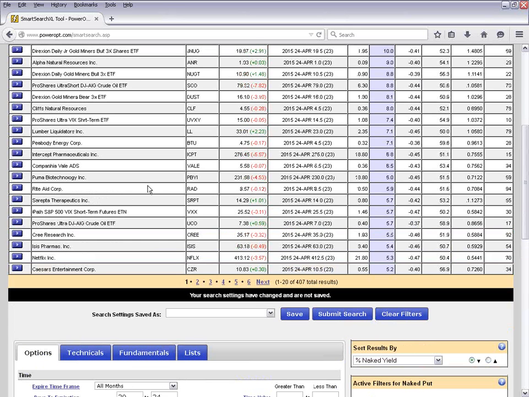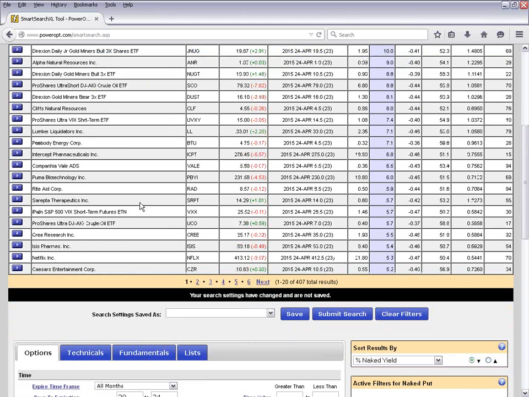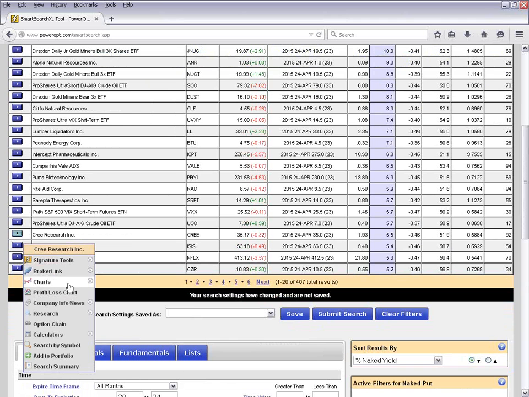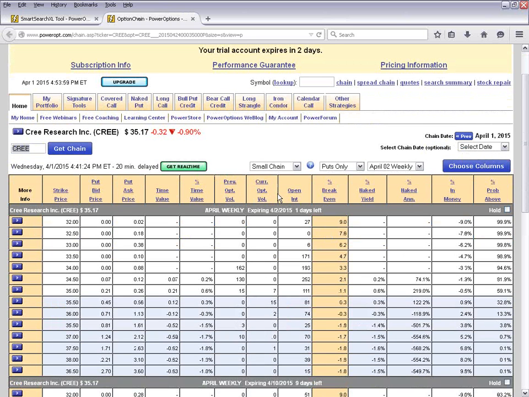Let's very quickly take a stock here. Let's take a small chain. I'm going to use, no, not going to use that one. Sorry, folks. Good price stock. Let's just use CRE for now. It's a $35 stock. I'm going to link over to the option chain very quickly. Okay, now,